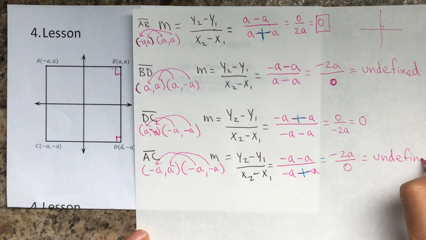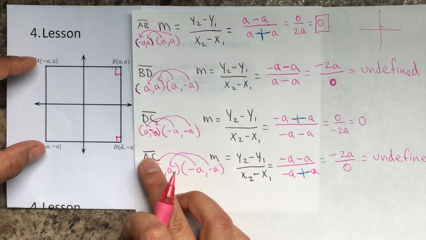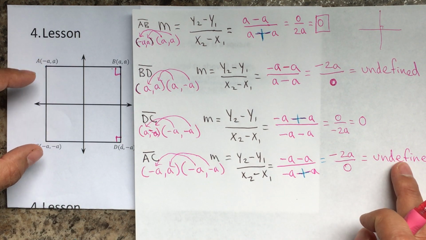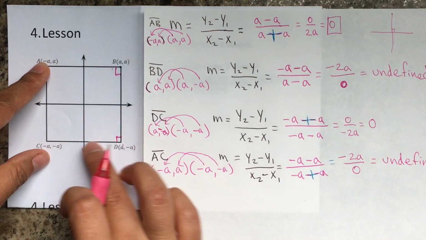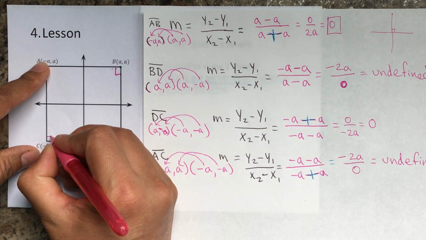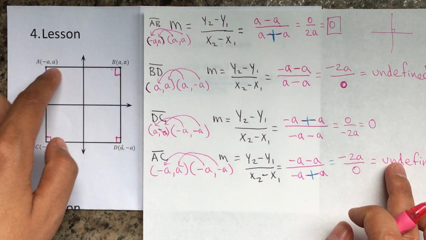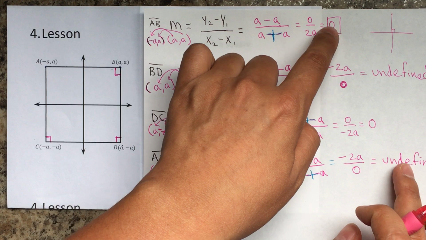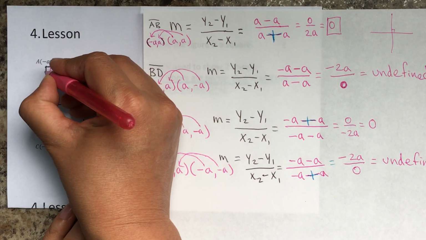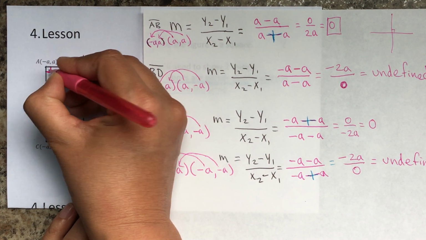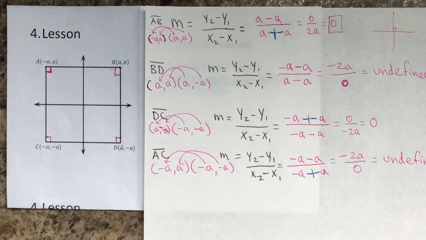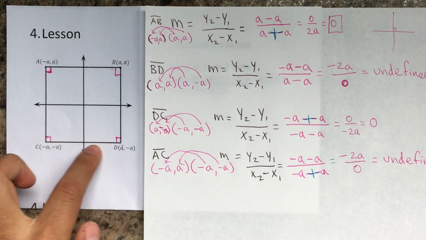And so this is AC, the slope is undefined. This was 0, so that means that this is a right angle. And now I compare this, which is undefined, with AB, which was 0. They're opposite of each other, and that means that they are also perpendicular. Now let's prove that the